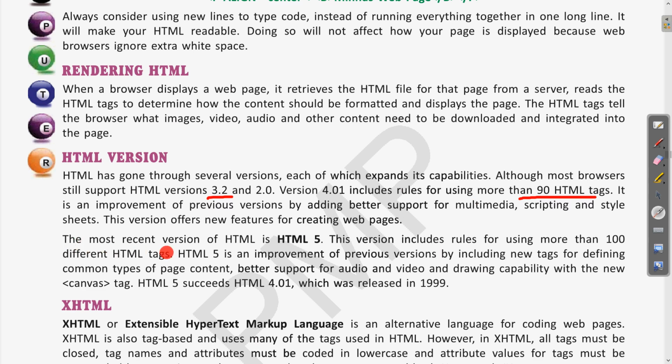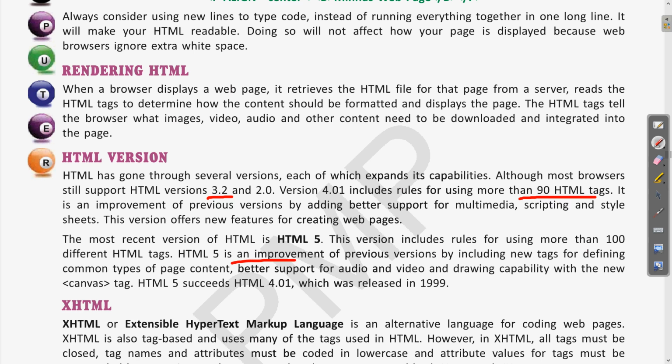The most recent version of HTML is HTML5. In HTML5 we also have HTML 5.1, 5.2. Clear? These are the sub versions of HTML5. This version includes rules for more than 100 different HTML tags. So HTML5 has more than 100 tags.